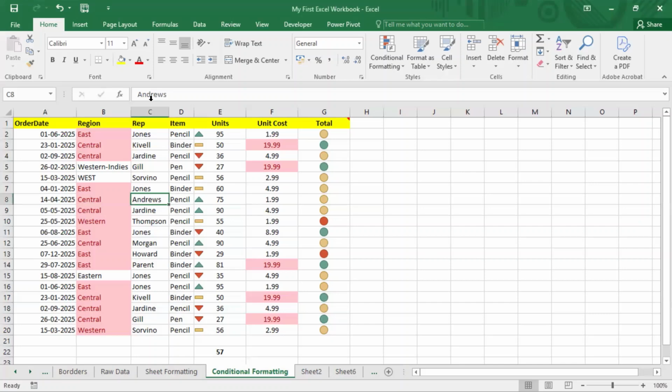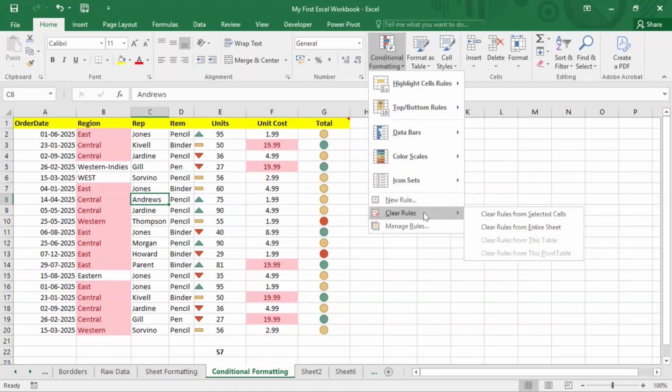Again, you need to go to the Home tab, which is available on your ribbon. Go to Conditional Formatting, which is available in the Styles group. Click on the Conditional Formatting command and click on Clear Rules. Now, Clear Rules has four different options: Clear Rules from Selected Cells, Clear Rules from Entire Sheet, Clear Rules